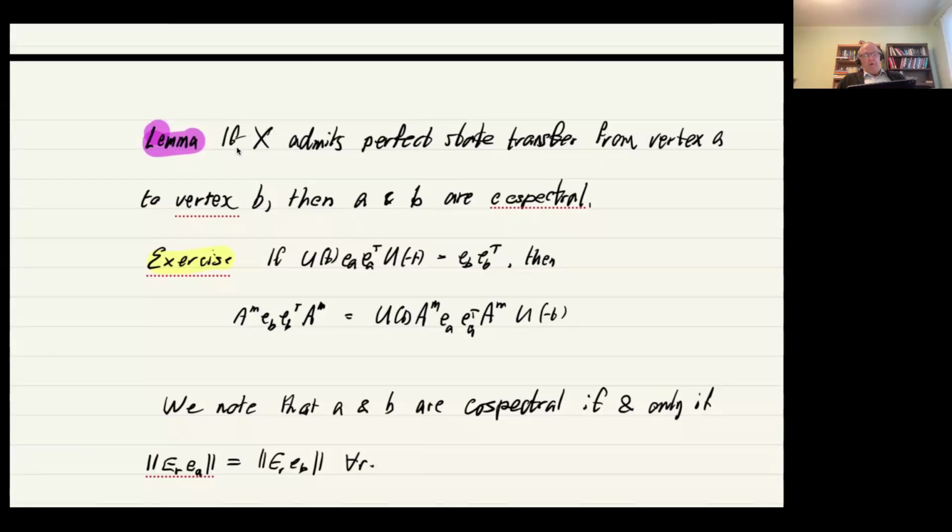Anyway, if I multiply this by A to the m on both sides. Now, A to the m commutes with U(t). So if I do that on the right and left by A to the m, then the left side becomes this, and the right side just becomes this. Now, this is just the outer product of the vector A to the m times e_b. And so the trace of this is the sum of the entries in A to the m e_b, which will be the number of walks of length m starting at b. And on the other side, you've got the number of walks of